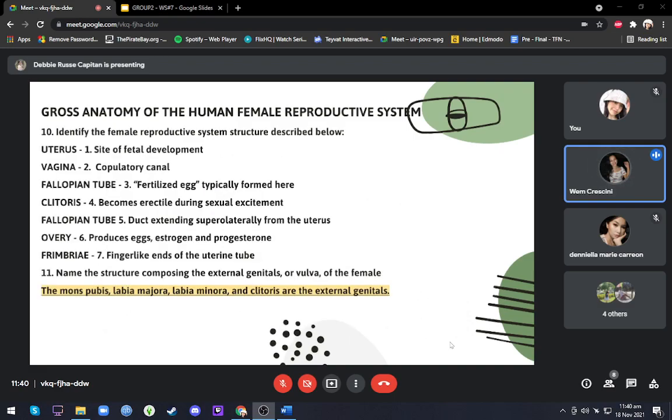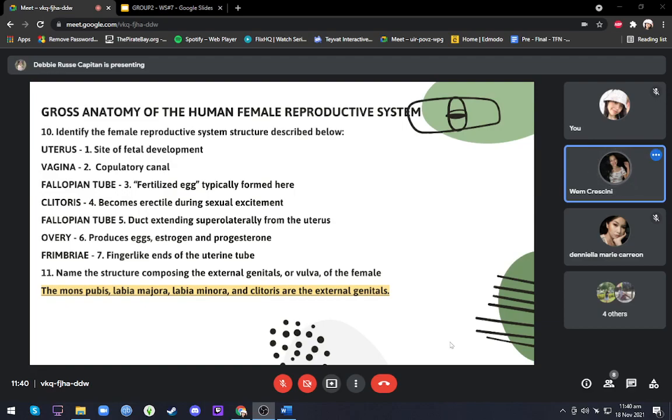Okay, we have here number 10, identify the female reproductive system structure described below. So number one, site of the fetal development. We have here the uterus. The copulatory canal, so we have here the vagina. Then number three, fertilized egg, typically formed here. It is the fallopian tube. And then number four, becomes erectile during sexual excitement. It is the clitoris. And then the duct extending superiorly from the uterus, we have the fallopian tube. And then number six, it produces eggs, estrogen, and progesterone. We have here the ovary. And then next, we have here number seven, finger-like ends of the uterine tube. It is the